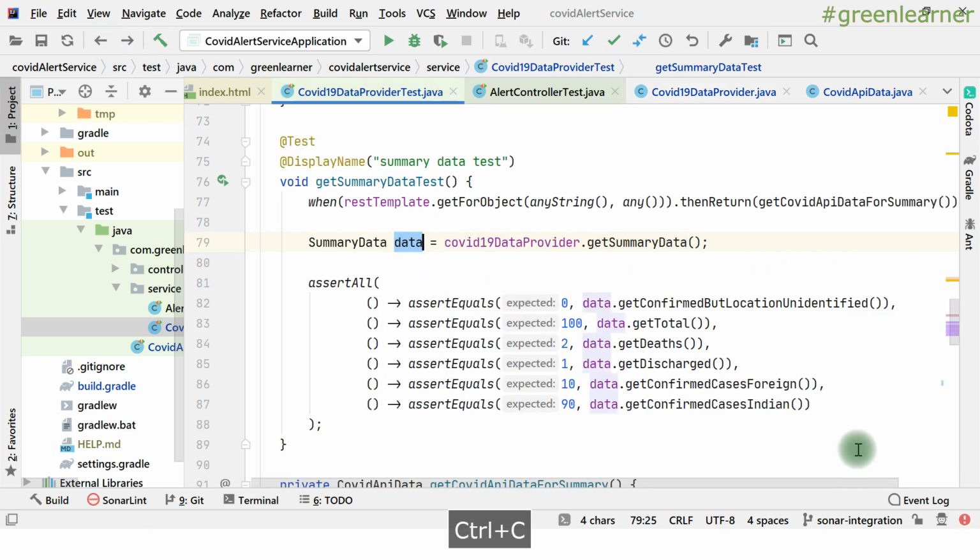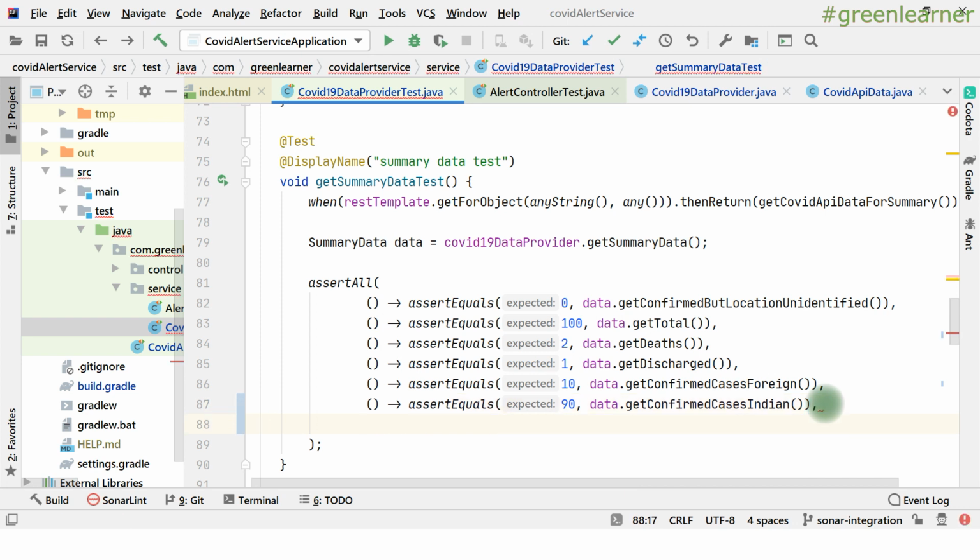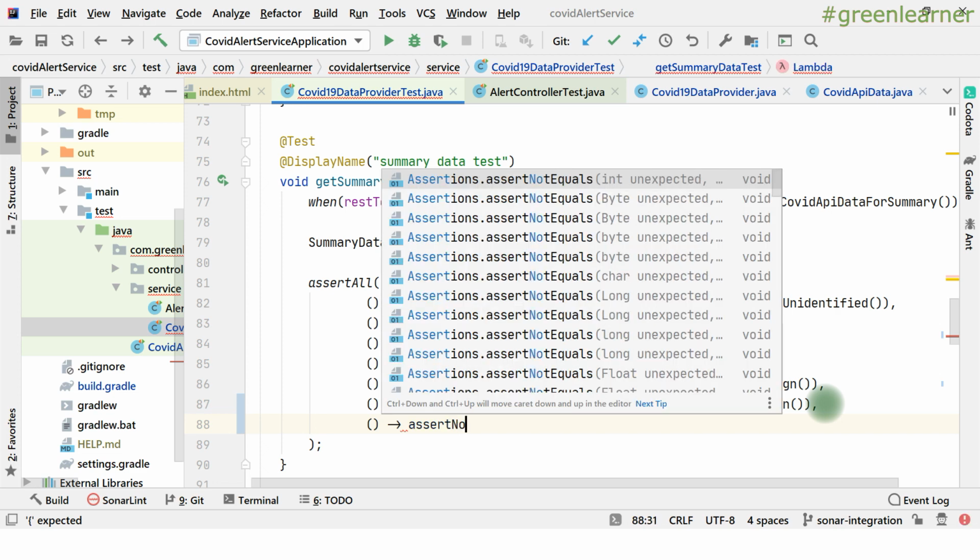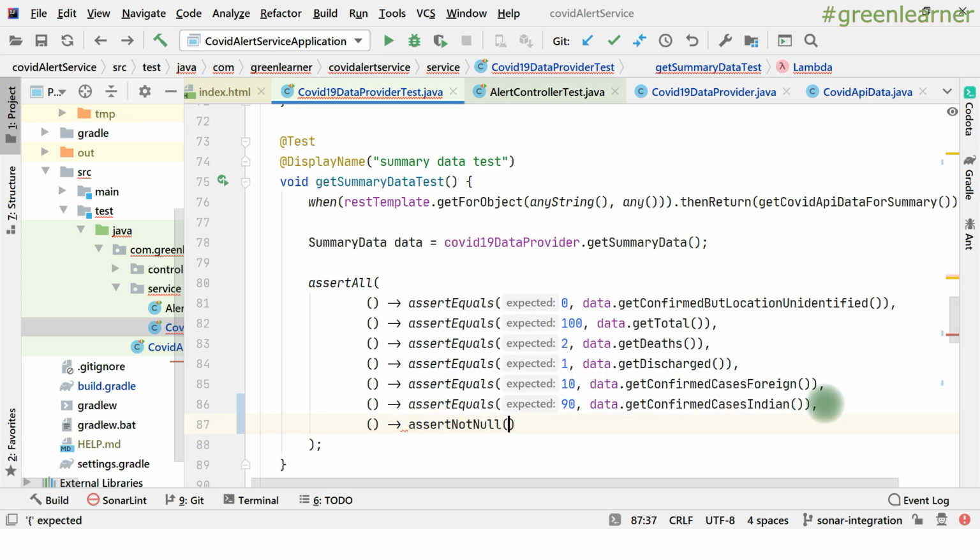So comparing time is a bit difficult, because when you write unit test cases that have current time in the picture, you cannot put a direct comparison, because you do not know at which point of time your unit test cases are executing. So I can just put something else like assert not null, right?